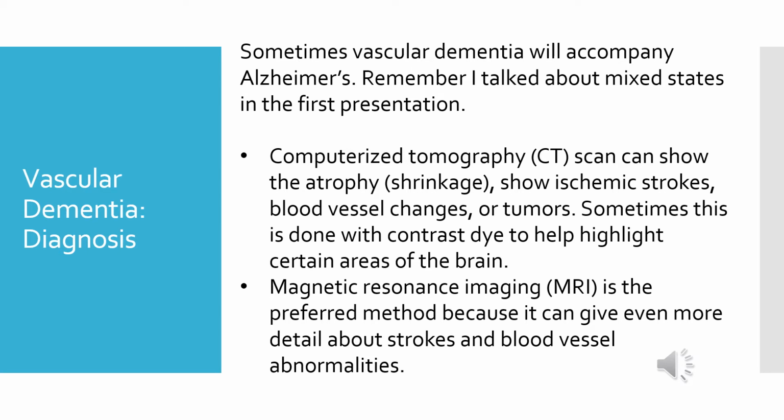A better test than that is an MRI. Now, the MRI is good because it can give even more detail about strokes and about any blood vessel abnormalities. Now, I want to share a story with you about this because my father, back when he had Parkinson's, he